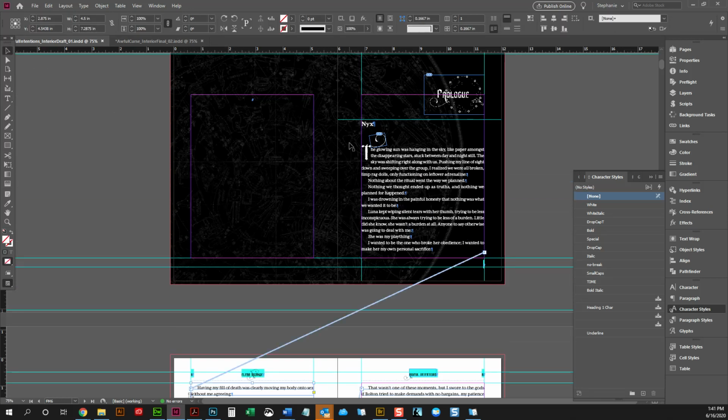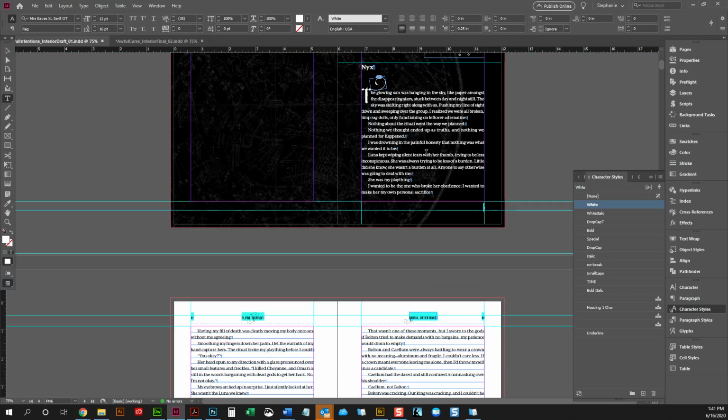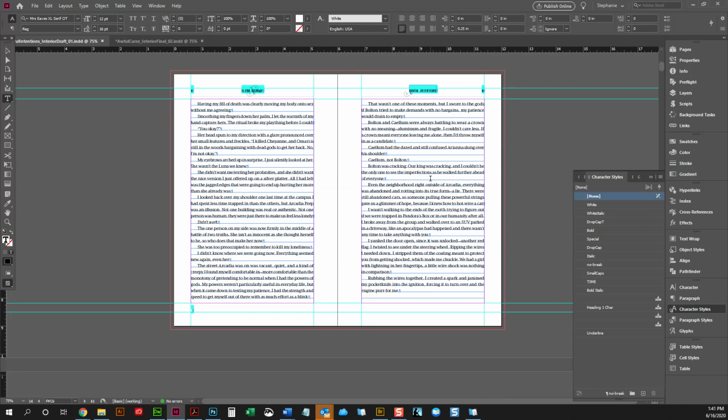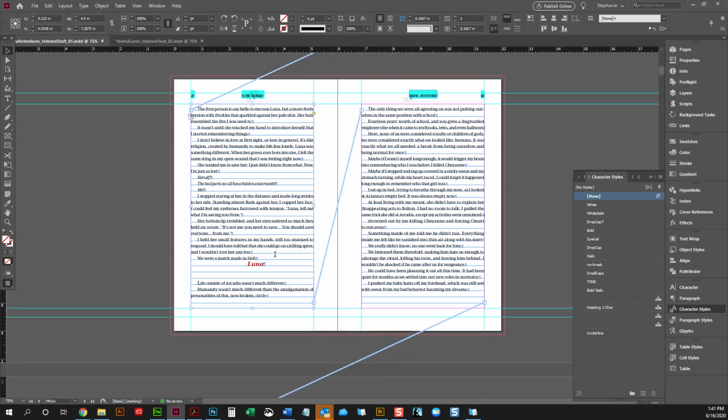So the white pages, this is manual, this is something that you have to do, and this one little tweak can change the structure of it, so you have to constantly think about what needs that white character style and what doesn't. All right, so now we're just going to continue on, and again I'm going to balance these